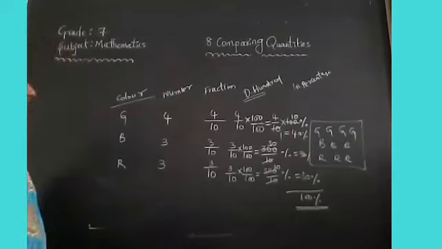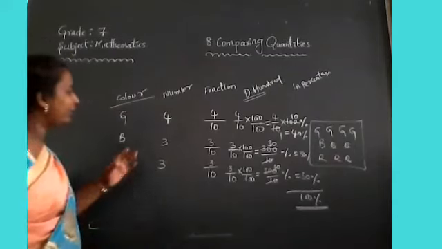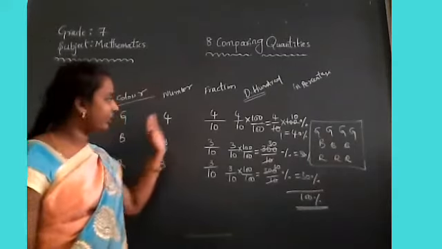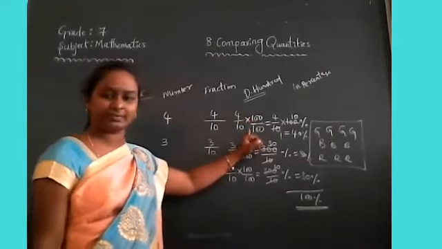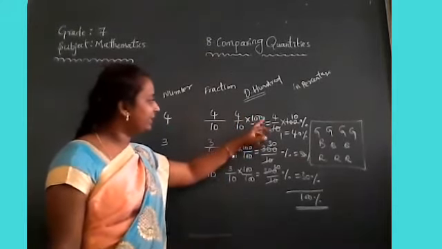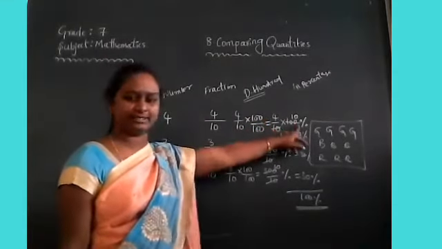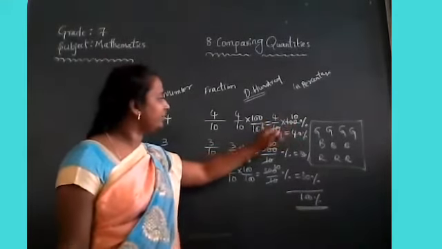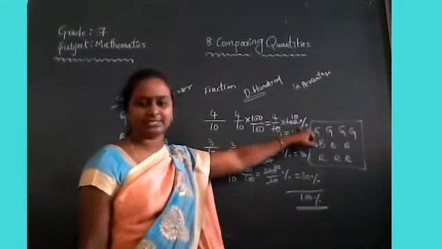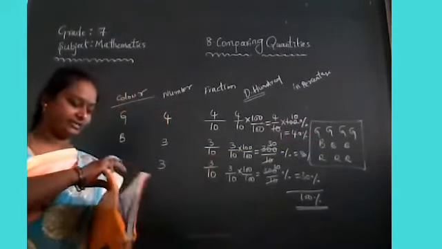Now, like that you have to find it. The denominator is not 100, so you have to multiply the numerator and denominator by 100. After that, 1 by 100 is the percent. So you have to write 1 by 100 as percent. Okay, children, right. Next,